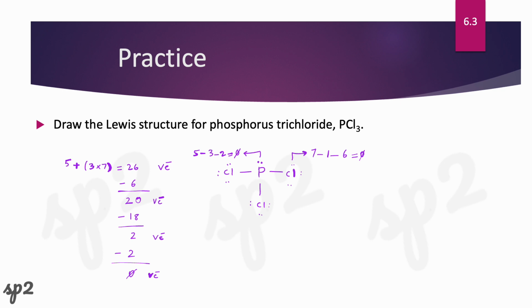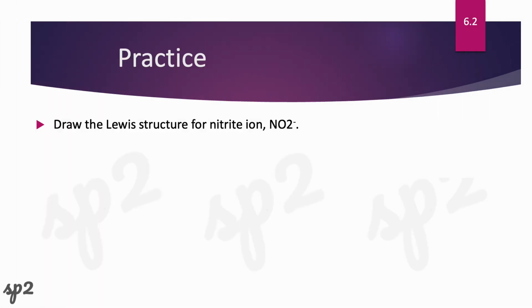Cool, cool. Looking at the next one. So this one is for nitrite ion, NO2, and I also have a negative charge. So I know that for my nitrogen, I have 5 valence electrons, right? I have 2 oxygen, so that will be 2 by 6. I also have a negative charge, so I need to add that here, and that would give me